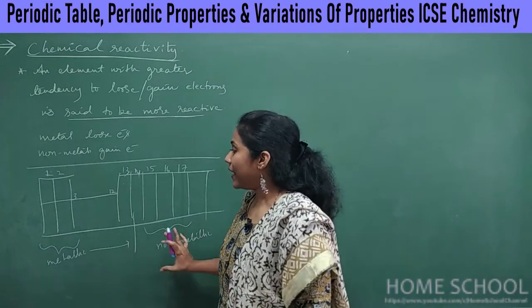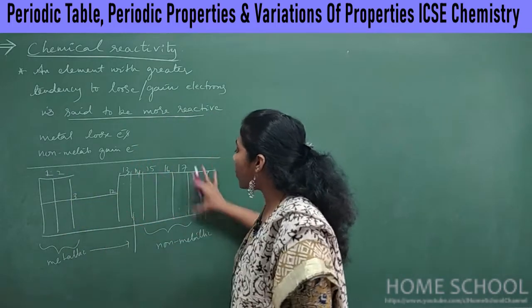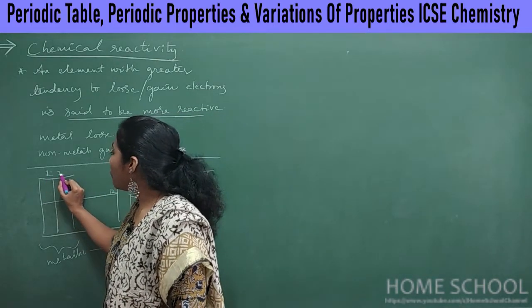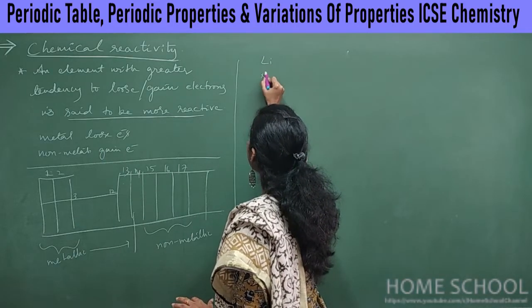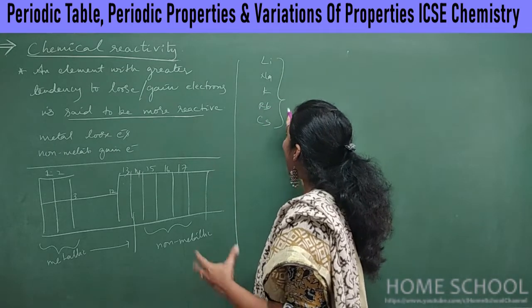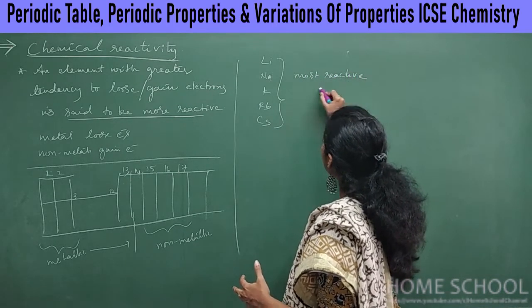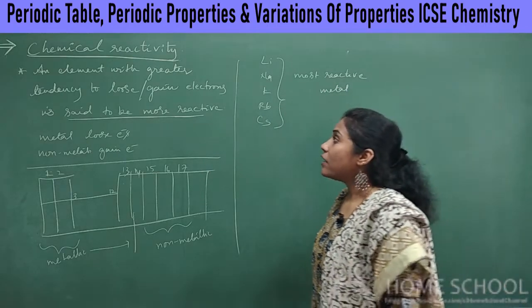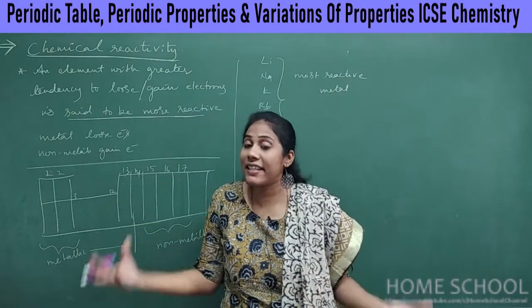Okay, fine. So can we say that all these are the most reactive and all non-metals are the most reactive? No. So again here among group 1 and 2, first group elements. Which are our first group elements? Lithium, sodium, potassium, rubidium and cesium. Okay, so these are the most reactive elements, reactive metals, I can say. Okay, so they have more tendency to lose the electrons. So when something has more tendency to lose the electrons, then it can be called as reactive element.